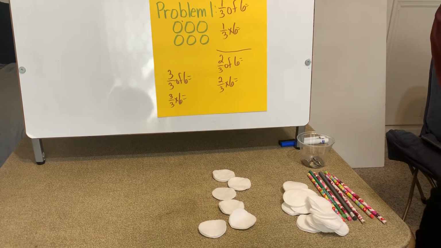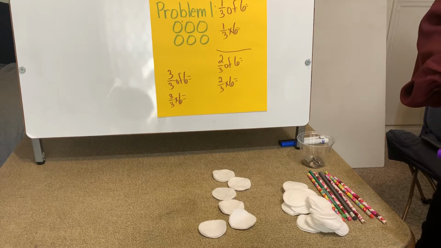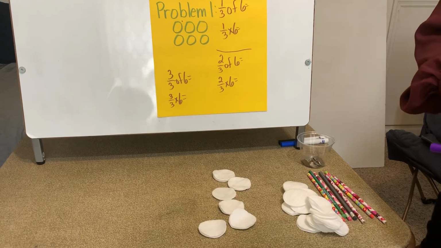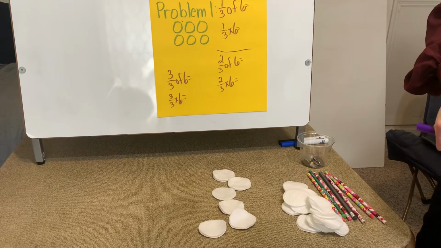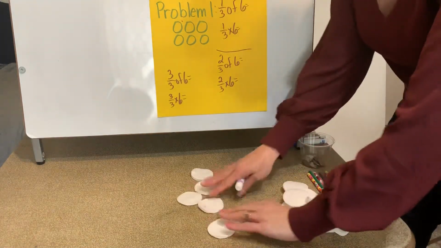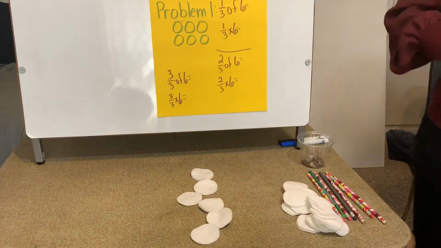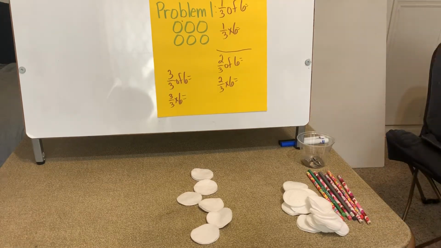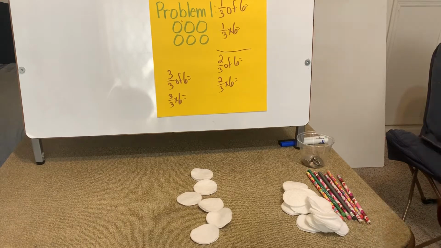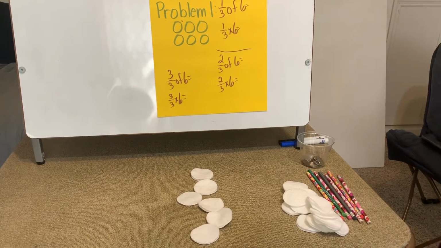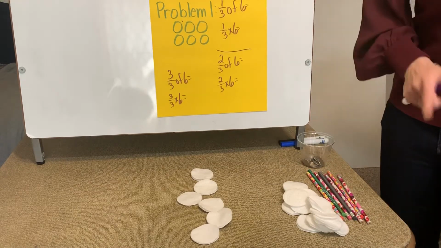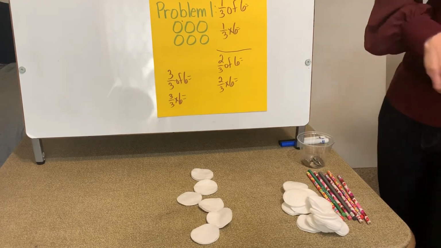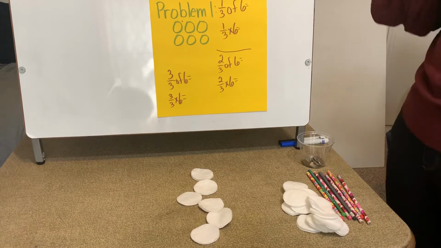All right, so once you get those counters, you're going to need to put them kind of to the side, and you're going to need to grab 6 of them out. So I've got my 6 counters here. I'm just about ready to go. All right, so you need 6 counters in front of you, and we're going to start off multiplying whole numbers